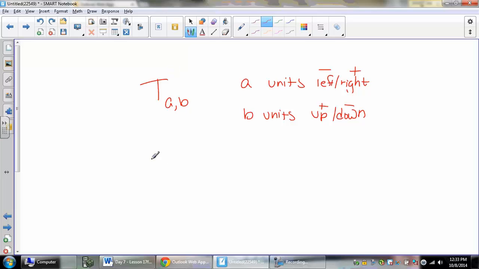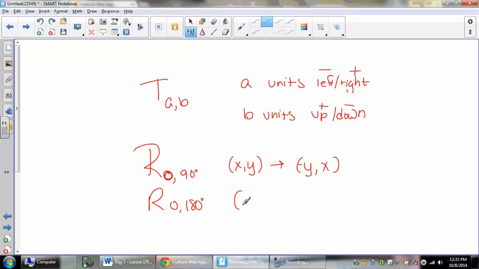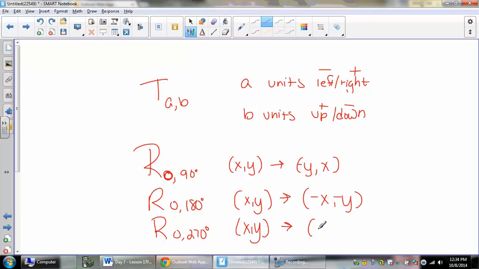And then if we have a rotation around a center point a certain number of degrees, these have rules. A rotation about the origin of 90 degrees takes XY, swaps them, and negates the first one. A rotation about the origin of 180 takes XY, doesn't swap them, and just negates both. And a rotation about the origin of 270 degrees, which is the same as negative 90, takes XY, swaps them, negates the second one. All right, so translations and rotations on a coordinate plane,